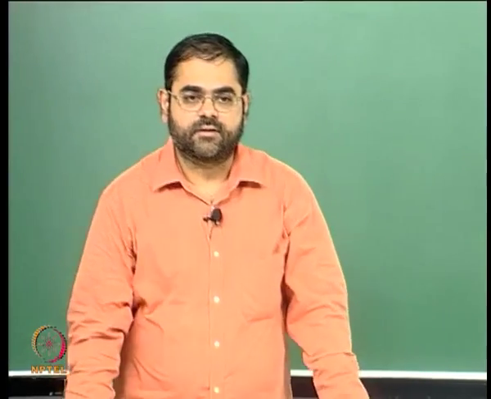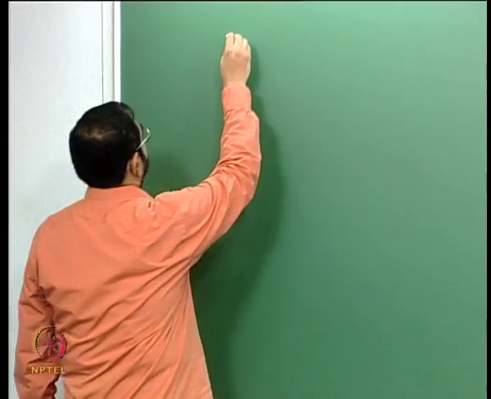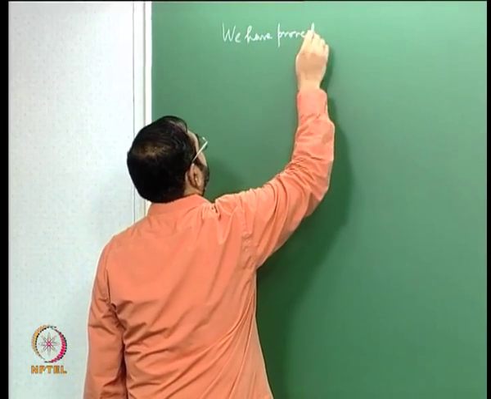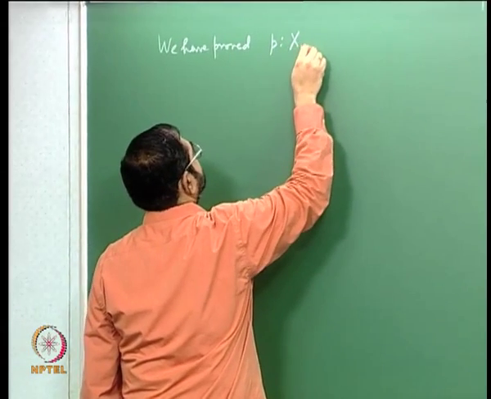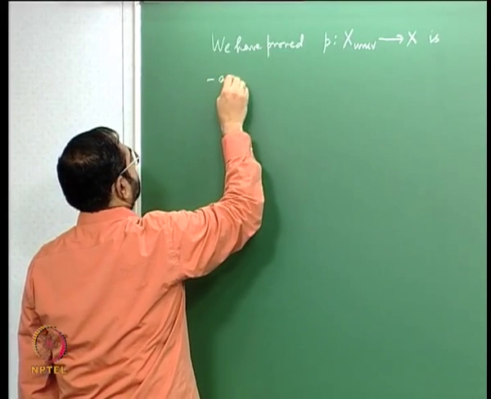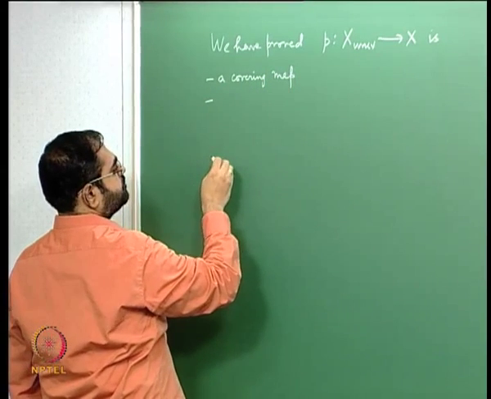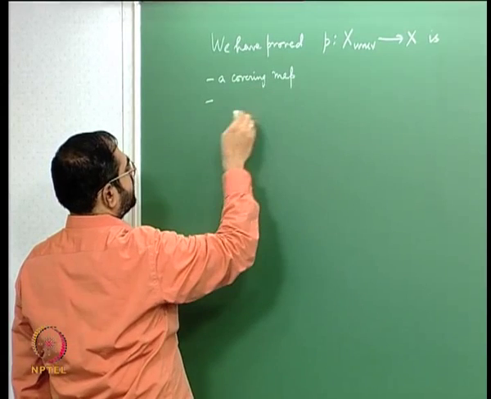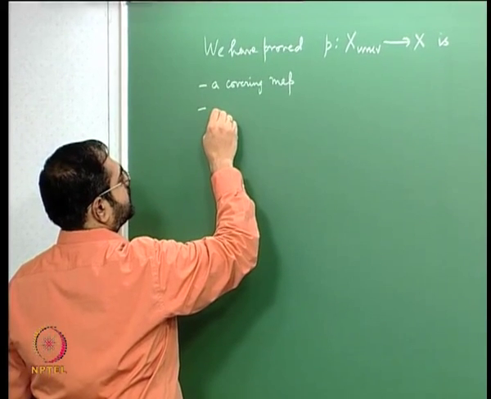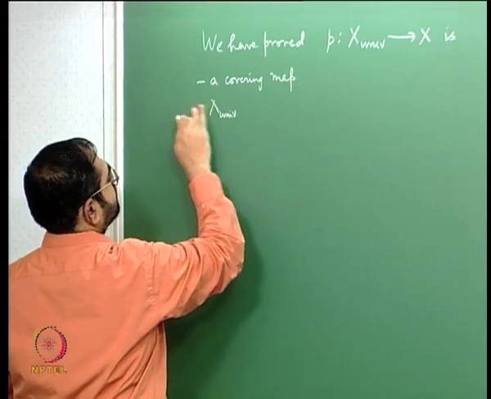Okay, so let us continue with our discussion of the universal covering. So what we have gotten so far is that we have proved that the map P from X unif to X is a covering map. We have shown that it is, we have also shown that X sub unif is